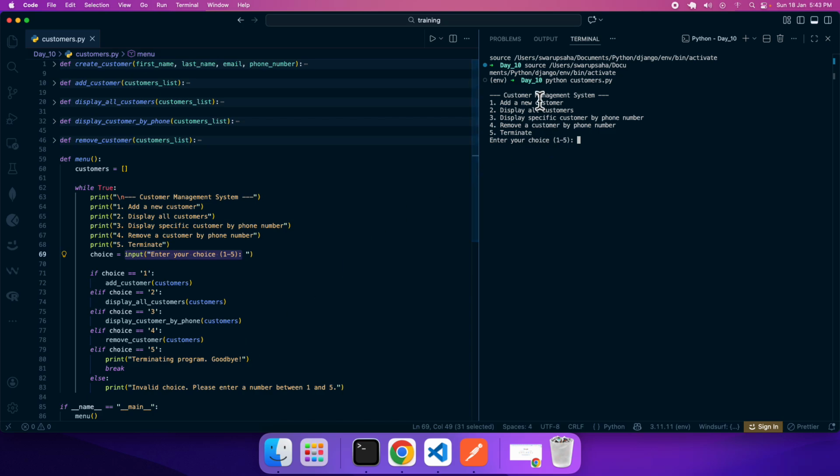I have different options like add customer, display all customers, display specific customer, remove a customer, and terminate the program. As for the flow of control, I should have gone for option number 1. But intentionally I'm selecting option number 2, although I know there is no customer in my application. So if I press 2 and hit enter, the 2 will come into the choice,